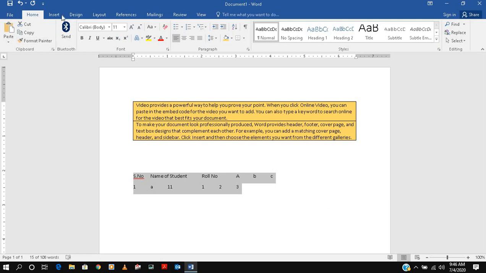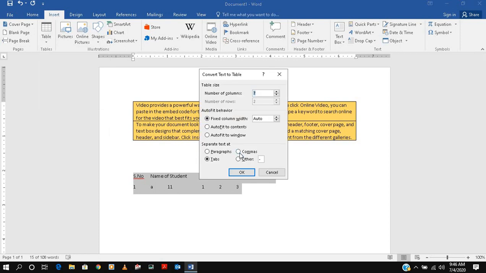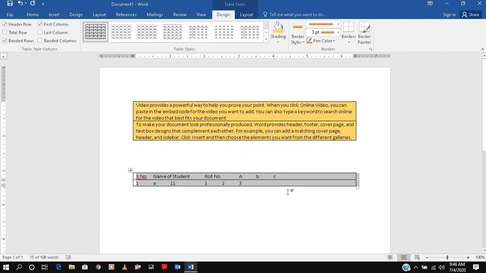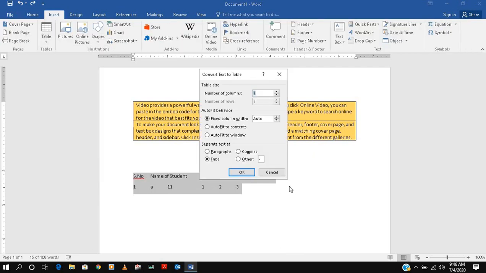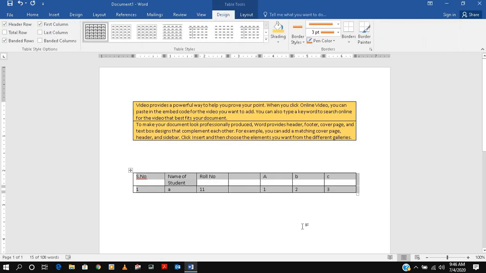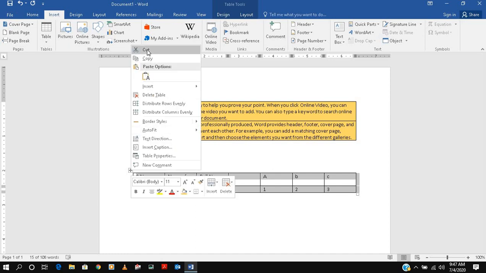Now if we go to insert table and convert text to table, and then columns. If you put it like this, oh no, something is wrong, just a minute. You go into insert table and then convert text into table. Yes, you have to put in tabs. Once you put tabs, you see by default all the columns and rows are ready, which means your table is ready. Okay, now let's move to the other area. Now we'll delete this.